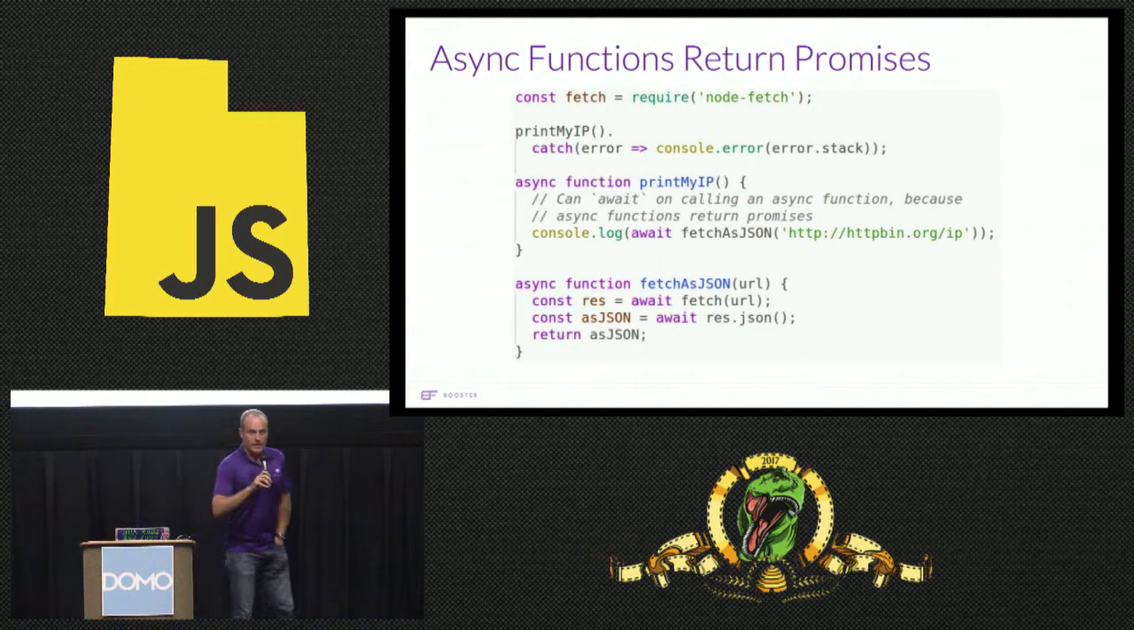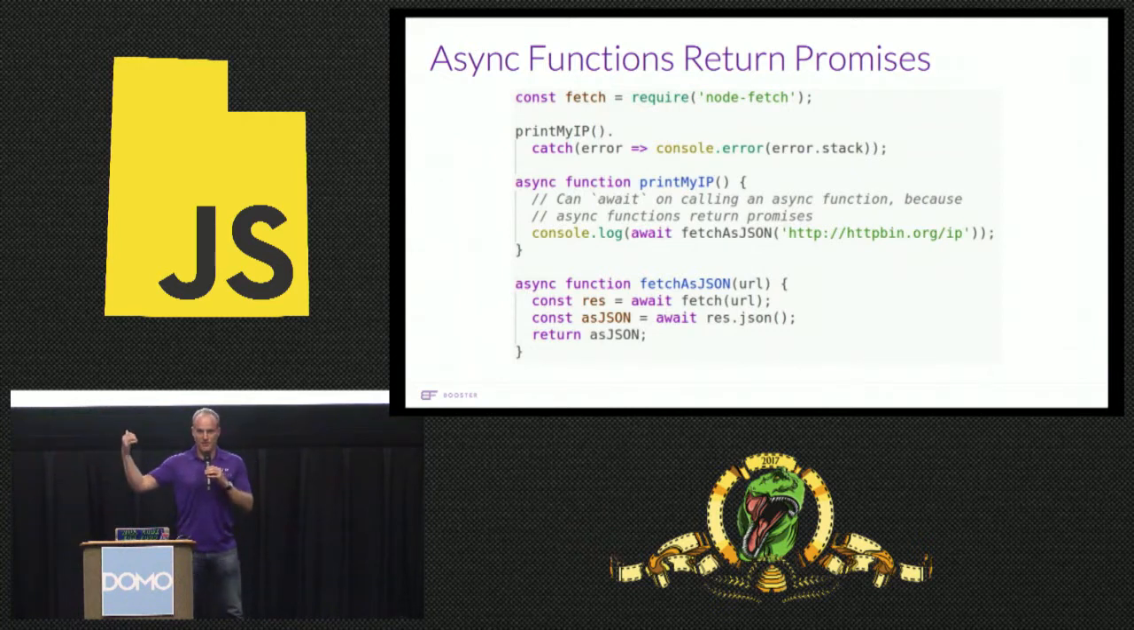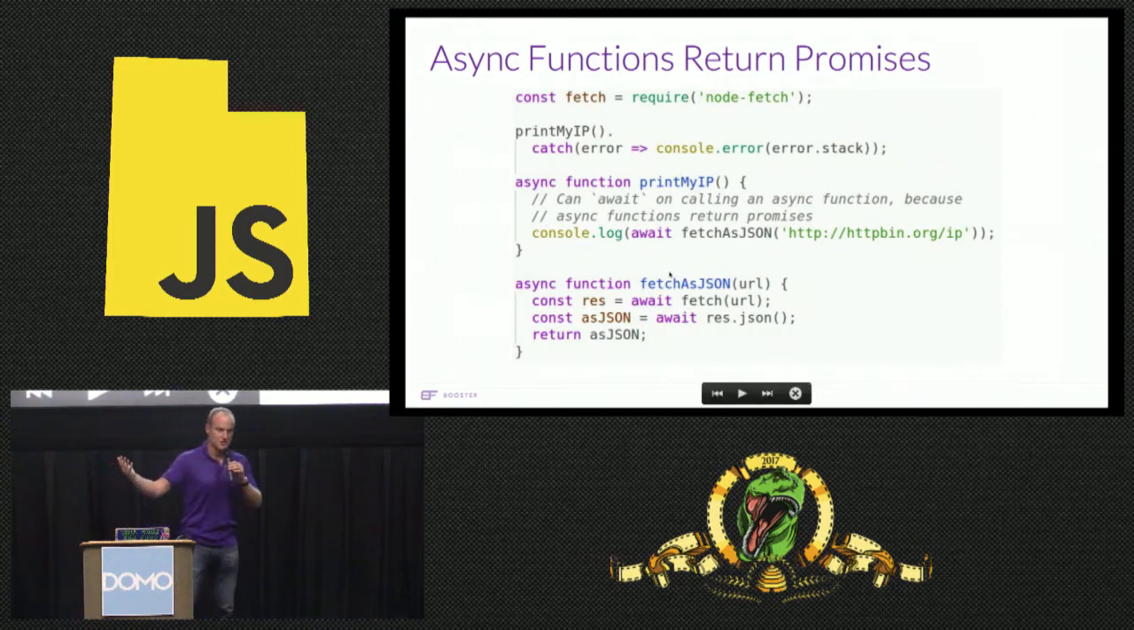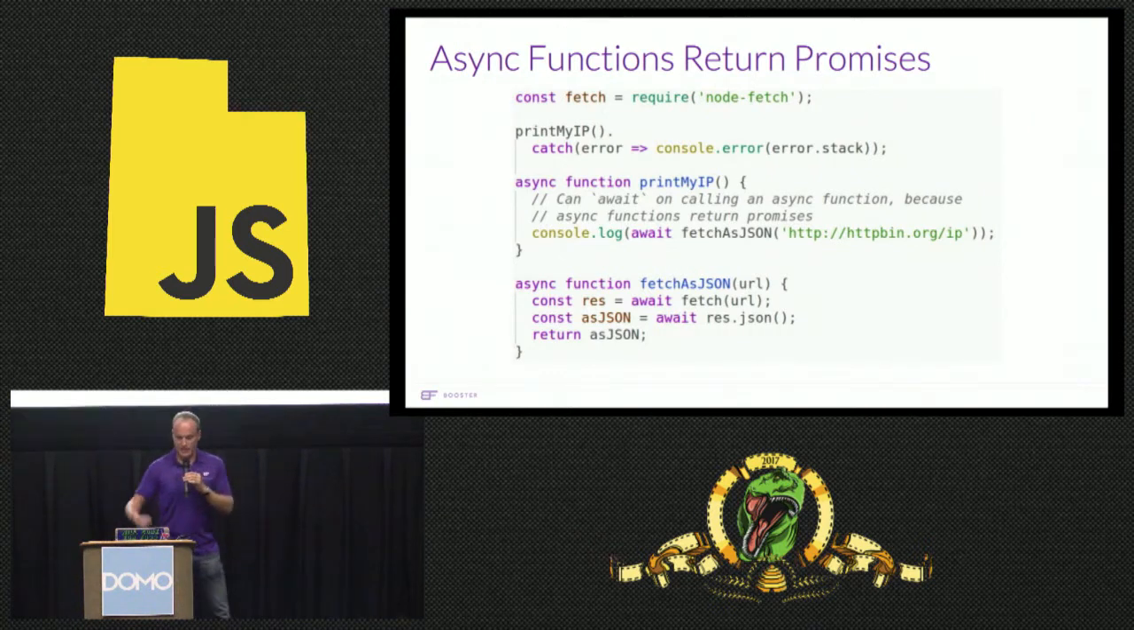But yeah, one neat caveat of the fact that async functions always return promises is that you can await on another async function. So in this case, similar to the previous example where you wanted to print your own IP address, you're going to refactor out the actual fetch call into a separate function called fetchAsJSON, which will take in a URL, fetch that URL, parse it into JSON,